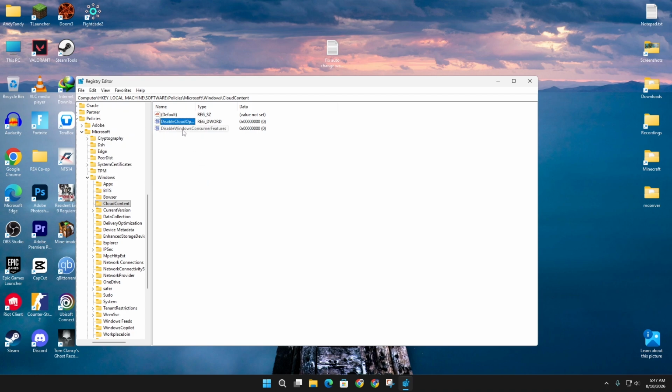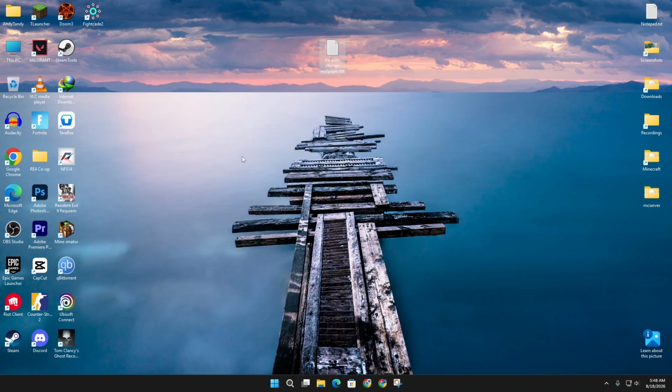Then we're going to look at disable Windows consumer features. If it is 1, change it to 0. Both are hexadecimals. And then what you want to do is open up